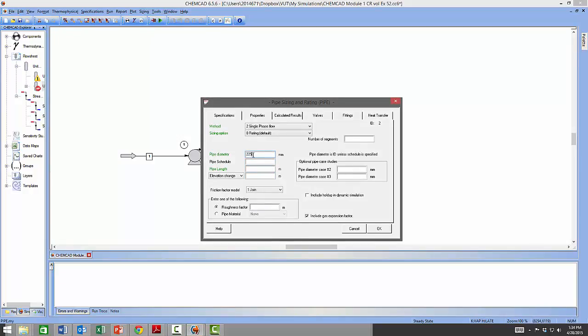The pipe diameter is given as 225. The length is 900 meters. We know we have an elevation of 30 meters. The roughness factor, we know from Coulson and Richardson by just looking at the calculations that they have used,